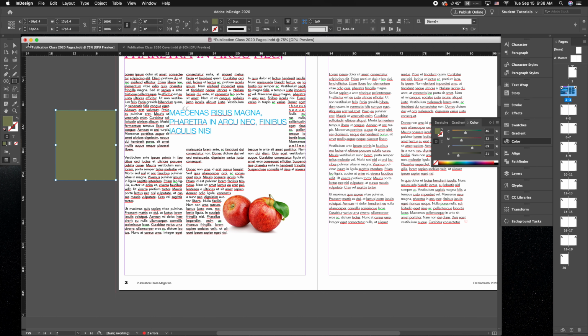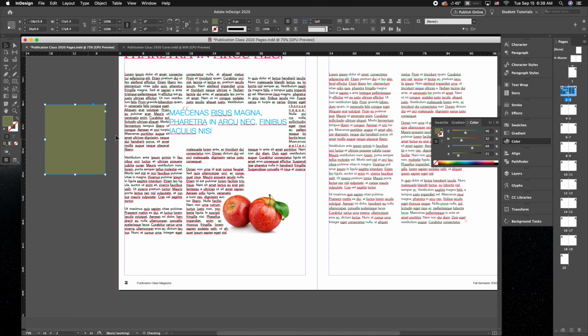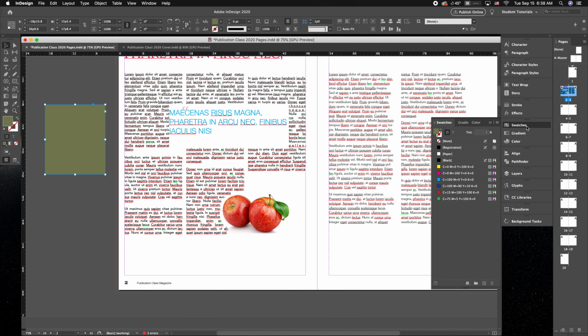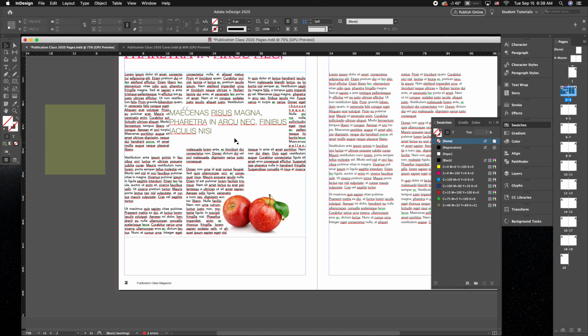Another way is when you drag in from Illustrator. If you have a colored image in Illustrator, it will automatically bring in that color for you. Once you have that color, you go into swatches and you hit new. So now that color is sitting there. And when we use it in our layout, it's sitting there, and if we have it in a couple different places,